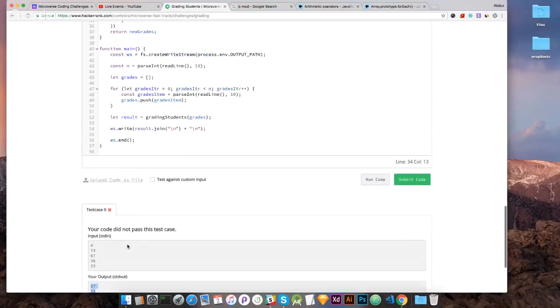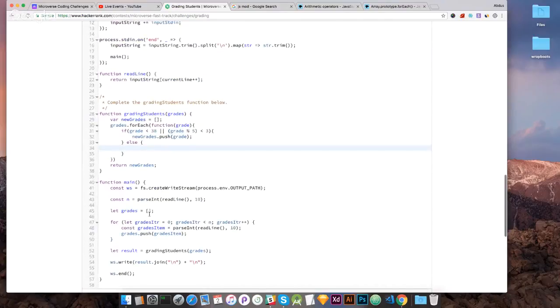If the grade is less than 38, or if the remainder is less than 3, the grade value will not change, it will be pushed directly to new grades. And if, else if, and else,